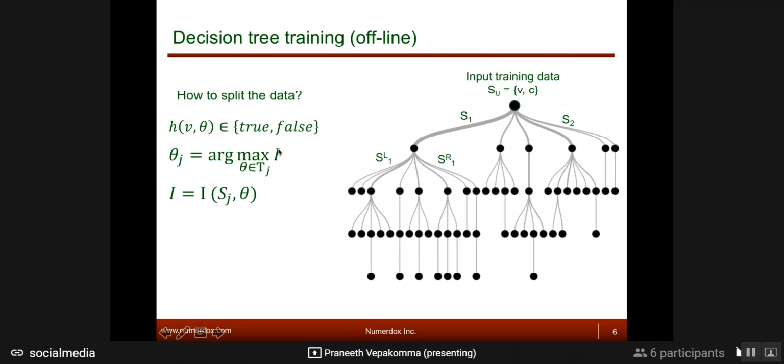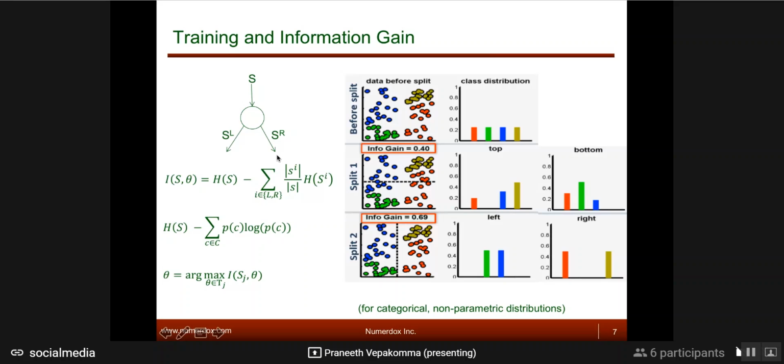So the criteria used is known as information gain. It is a statistical concept. It's also used in an area called information theory. So basically this is the idea. You want to decide at what threshold to split. So if it was a numerical variable, if this variable was greater than or equal to some number or less than or equal to what number it's supposed to be.